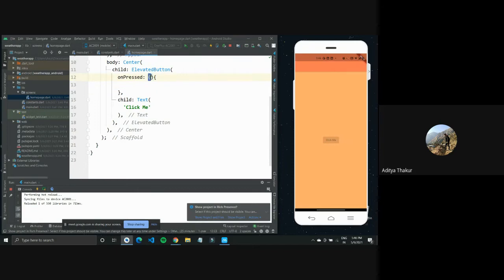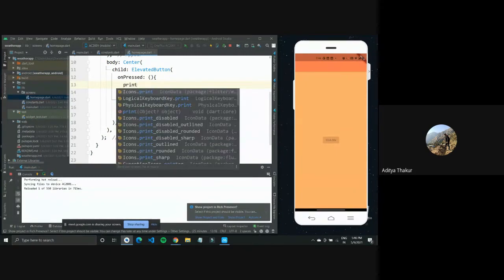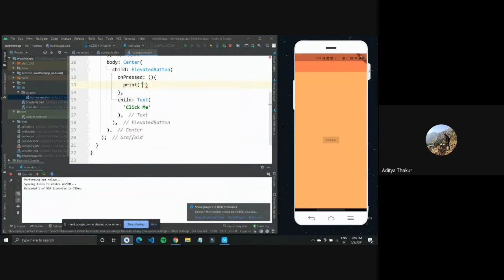This would be the parameter section that takes in a parameter. You can give it a value or something which will be used later. Right now we don't have any value, so I'll just clear it for now. And then we have the curly braces, which are the function part where you write whatever code goes inside the function. So let's print something to console. Now print statements are very useful. So let's say hello world.